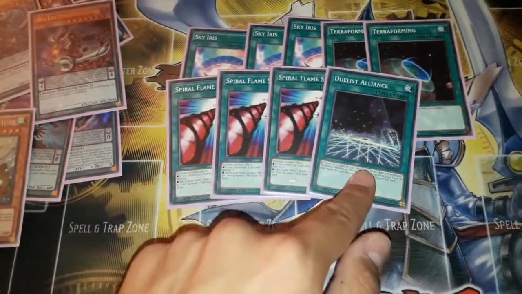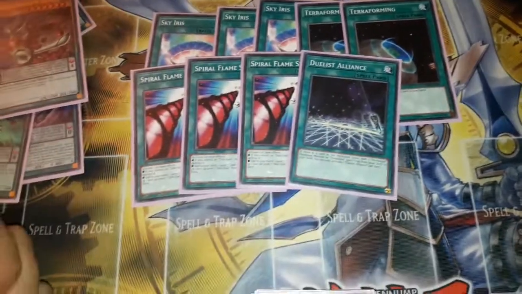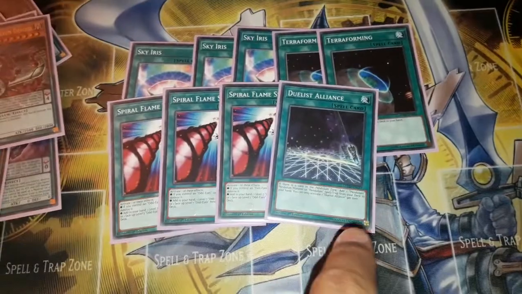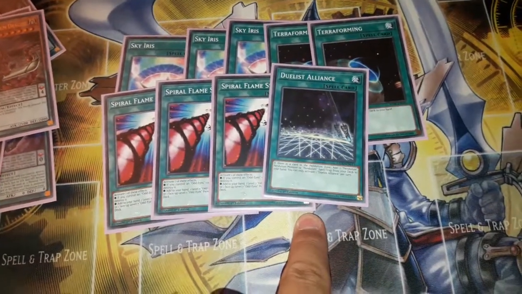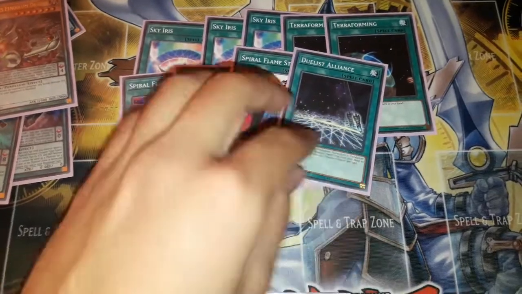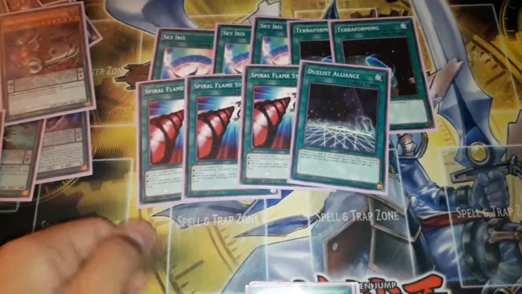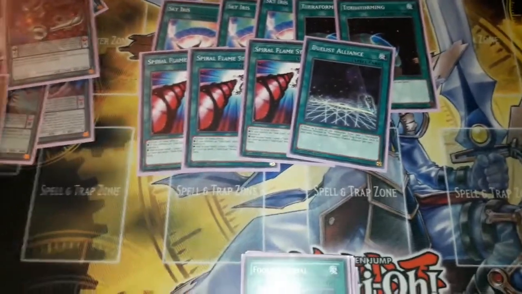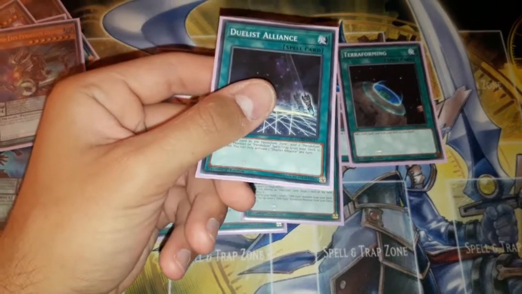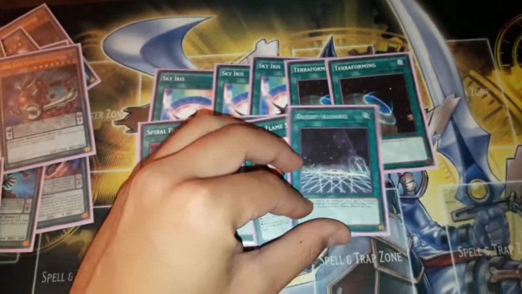I do play one Duelist Alliance. Many of you would say, why don't you play with 2 or more Duelist Alliances? But Duelist Alliance is once per turn and hard once per turn, which makes it impossible to activate a second on the same turn. Which means that if I draw 2, I will definitely have a dead card in my hand,